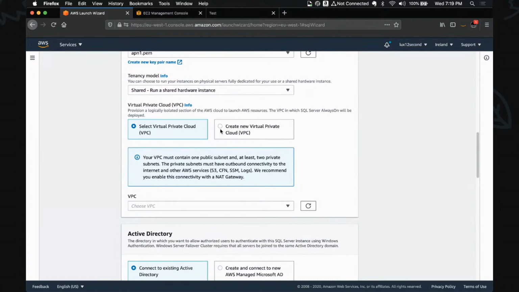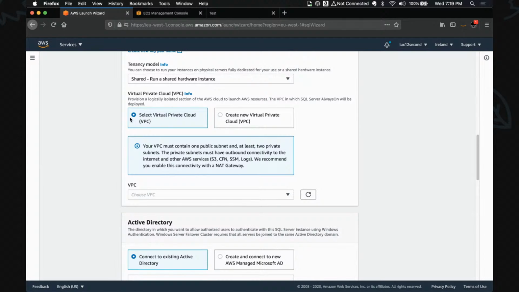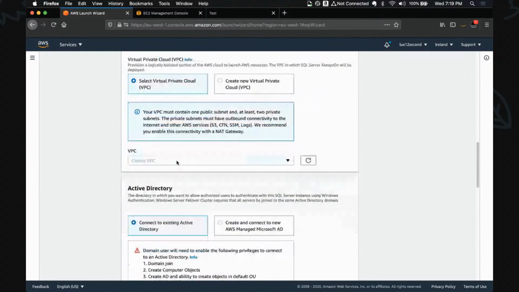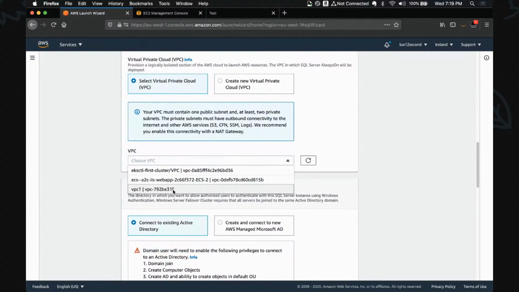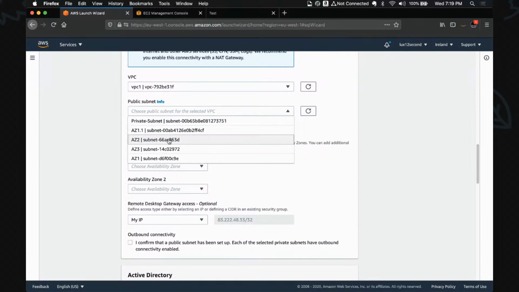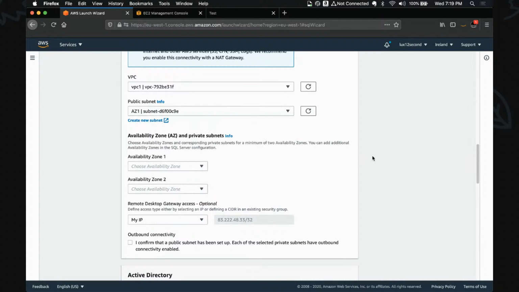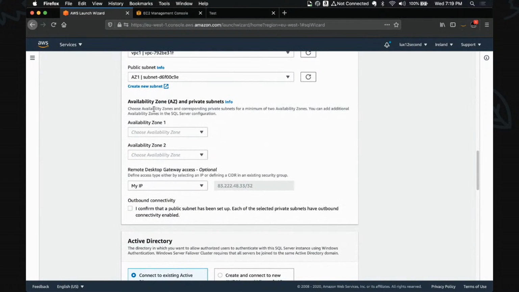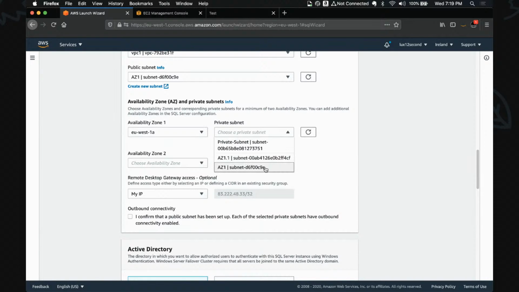Then you choose which network you will deploy to, right? So I say, okay, I will select a VPC that already exists. First of all, it asks me for a public subnet. Okay, I'll just use this public subnet on AZ1. Then of course you will not be deploying your SQL servers in a public subnet, so it's asking you to give some private subnets. So in AZ1, I use this subnet.